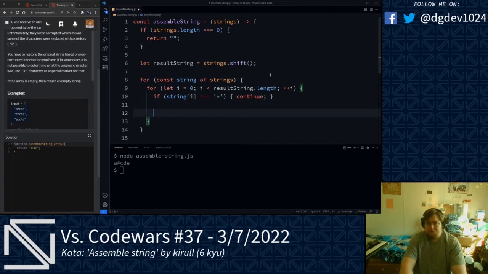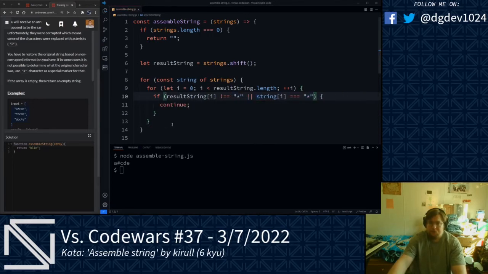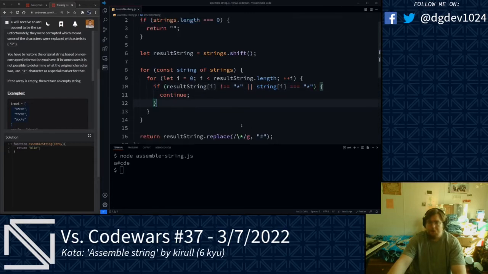Otherwise, we'll also want to check to see if the result string at this index is not an asterisk. So if the result string at this current index is not an asterisk, or the character in our current string in our for loop here at this index is an asterisk, then we'll continue, because either we don't need to know what character of this string this is, or we don't know what character this is in this particular string. Alright, otherwise what we'll go ahead and do,